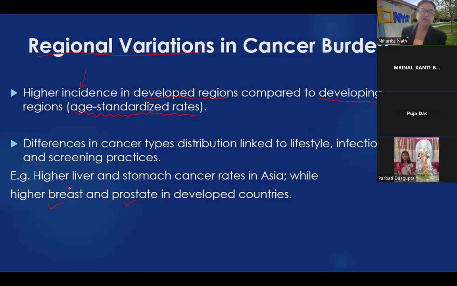Breast cancer is mostly hormonal. A lot of it is of hormonal origin. But there are some cancers that are very aggressive. Have you heard of triple negative breast cancer? Triple negative breast cancer is very aggressive. That is not hormone dependent. And these are much more common in the developed countries. They can be diagnosed early. But in Asia we have higher rates of liver and stomach cancers, and that could again be lifestyle.